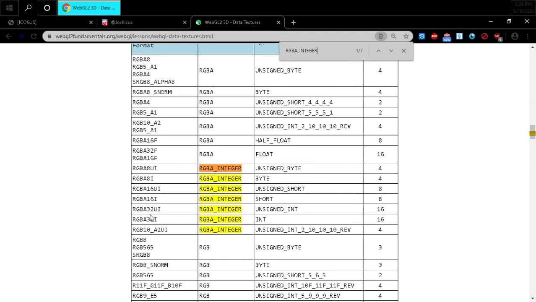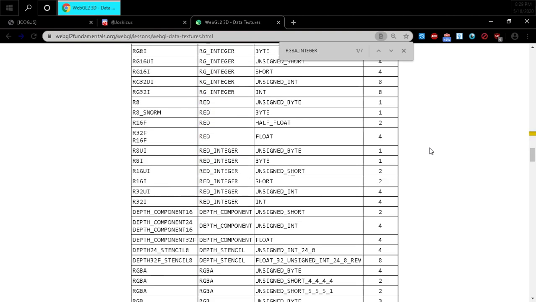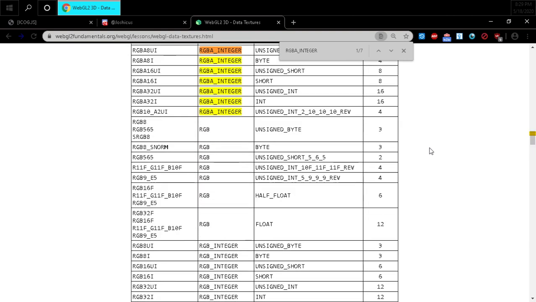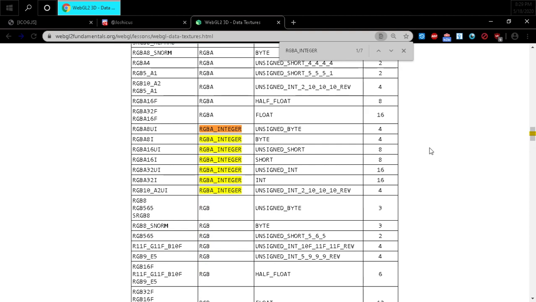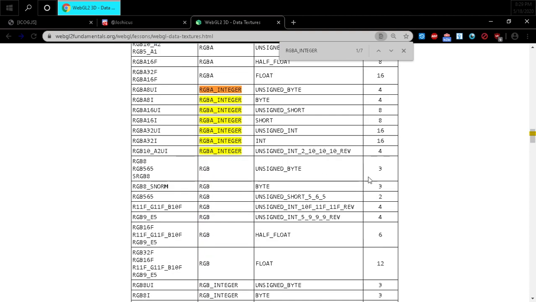There's no BGR and then A. So as far as trying to optimize the pixel packing and unpacking by using a format that the GPU most prefers, it's not even an option for what I'm trying to do, because I want to have